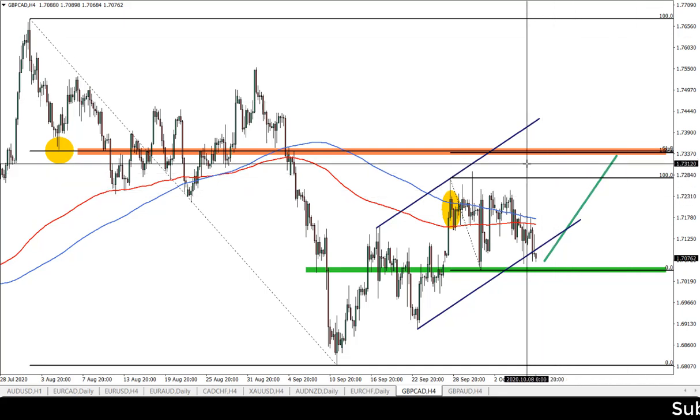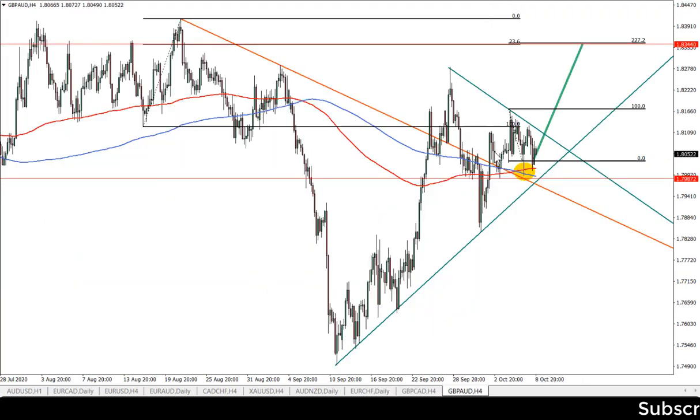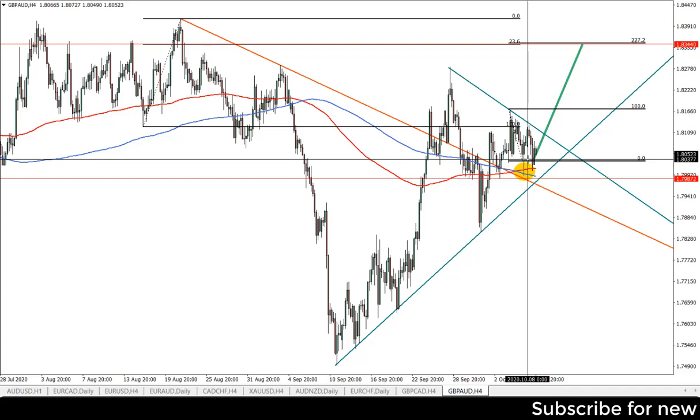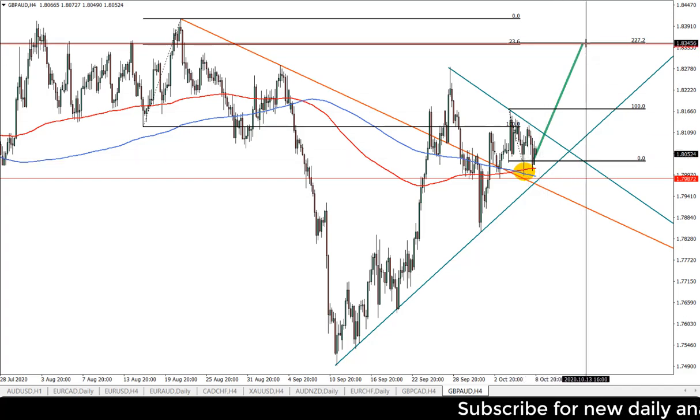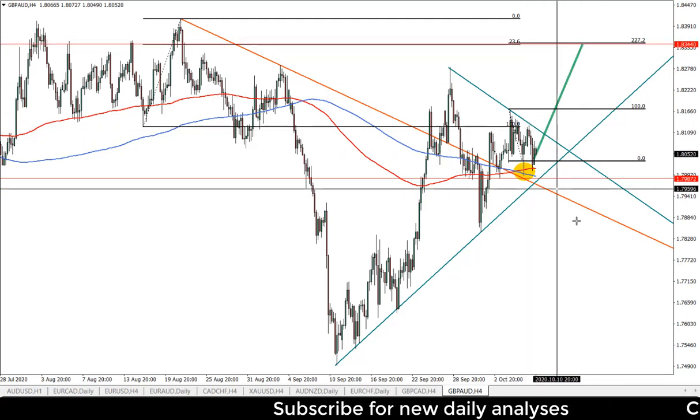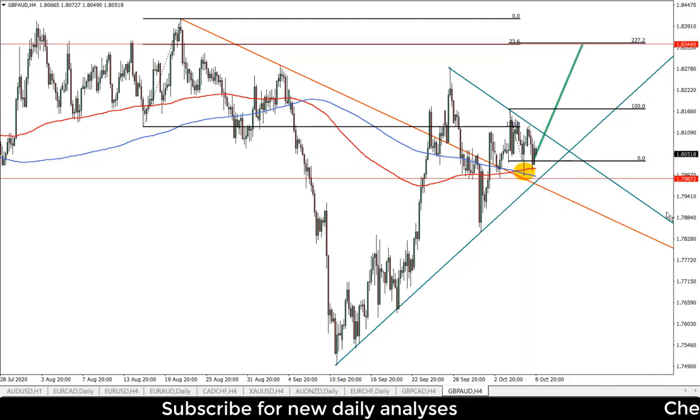So moving back to previously made analysis, pound Australian dollar. Well, here still a valid analysis. I do expect this move to the upside. Nothing has changed. I do think there will be a fast growth to the upside, very attractive also, along with